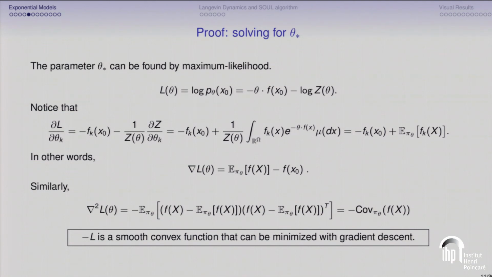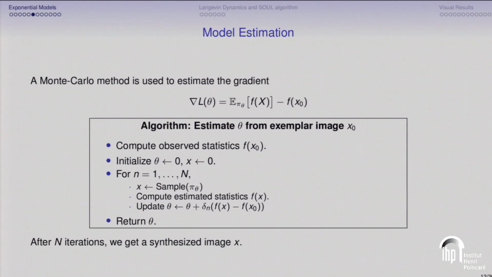And in the end, it's quite easy to show that for this minimum, you get a probability distribution that satisfies the expectation constraint, and besides, it maximizes the entropy over all the distributions that satisfy this constraint. What's nice in this proof is that it tells you how to look for this theta star, right? You can try to maximize your log likelihood quite classically, and for that, you may take a gradient ascent on the log likelihood. The problem is that in the gradient, you have an expectation that you don't know how to compute exactly in general.